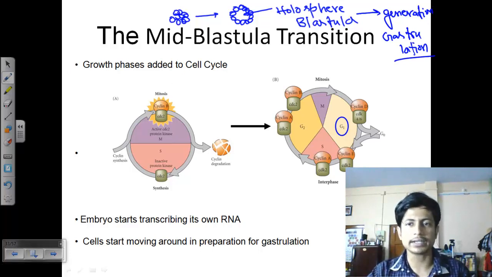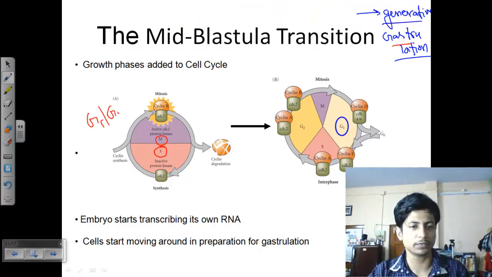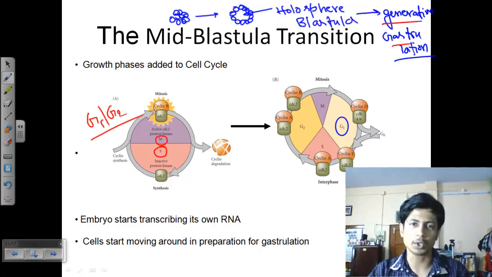But once they proceed to the formation of gastrula, or the gastrula phase, where they want to produce a specific organ structure, those cells should come back to the normal mode of cell cycle. Remember, during the morula and blastula phase, up to the midpoint of the blastula, the cell cycle that they undergo contains only two different phases. One is the M phase or mitotic phase, and the other is the S phase. In the S phase, synthesis of DNA and synthesis of cyclin occur. Then in the M phase, cell division passes by. So they bypass the growth phases G1 and G2 completely during the morula as well as